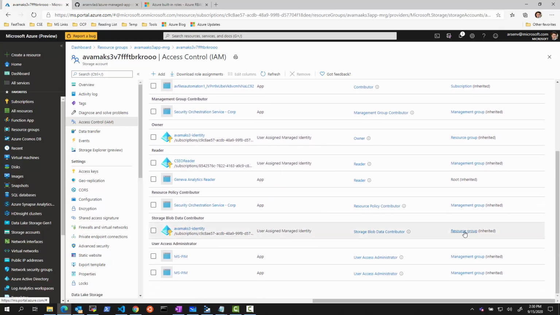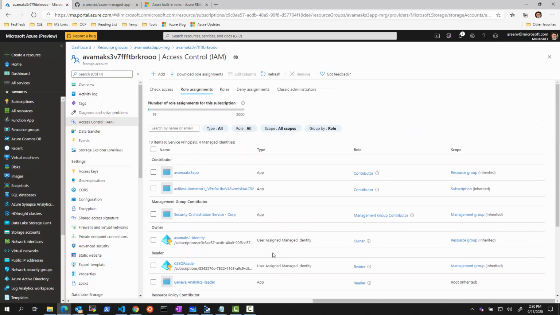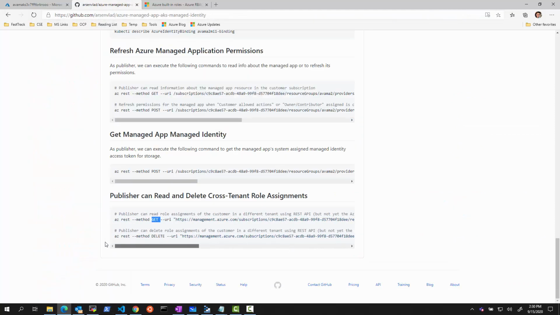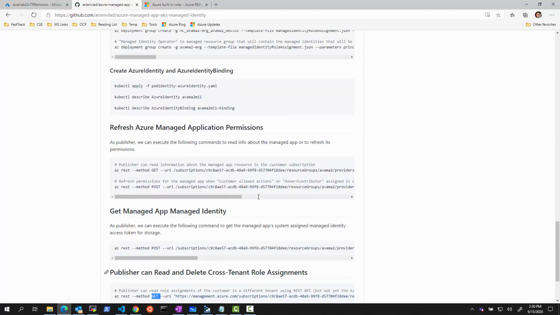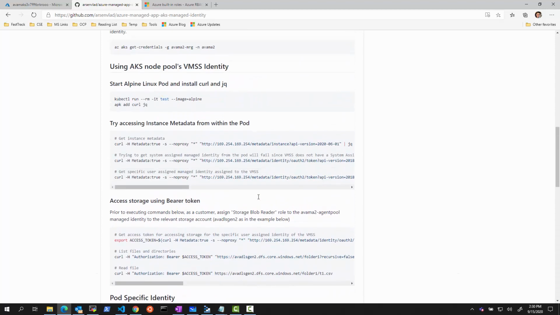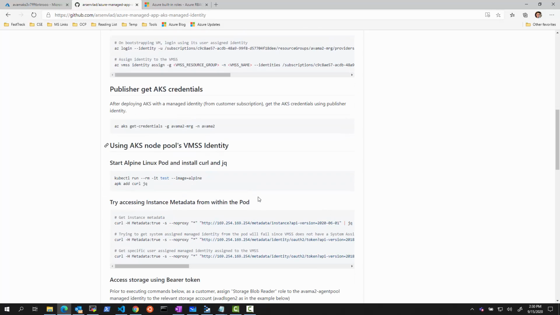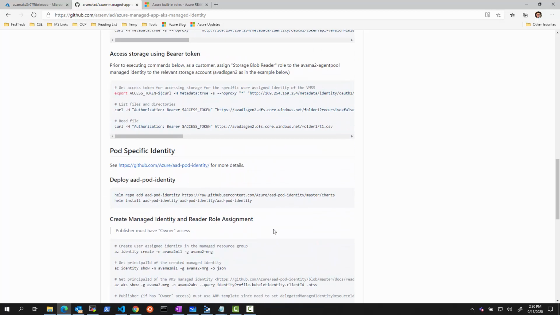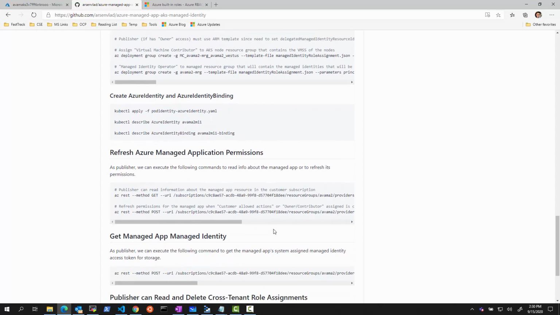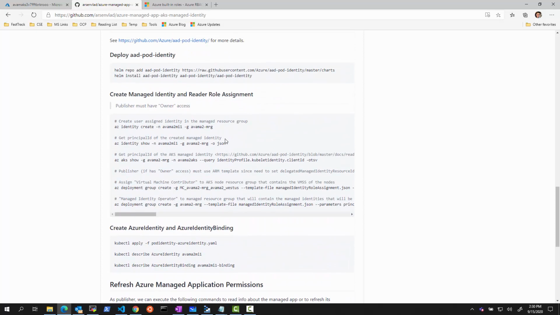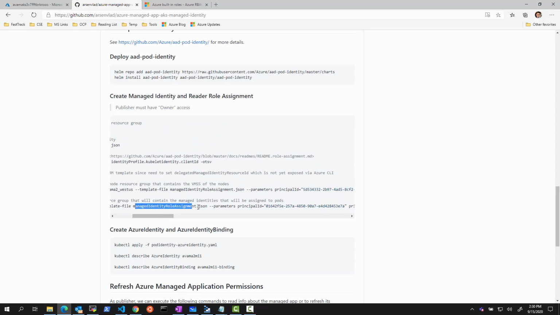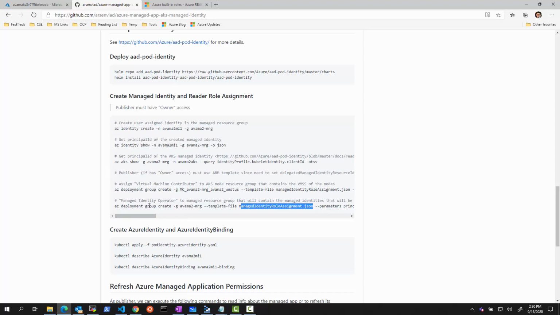We can see the storage, it's inherited from the resource group scope. And what we learned so far are a few important things, and they're available here: how to read and delete cross-tenant assignments, and how to create cross-tenant assignments using the managed identity role assignment template. So the snippets of code are here in different contexts in this repo,